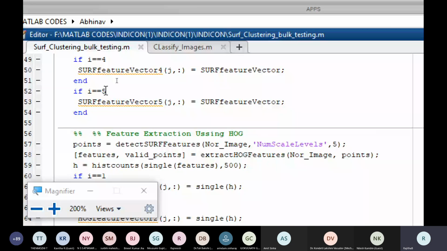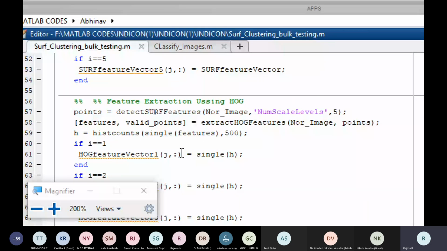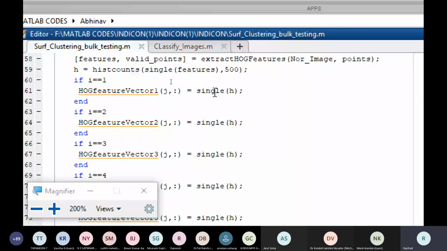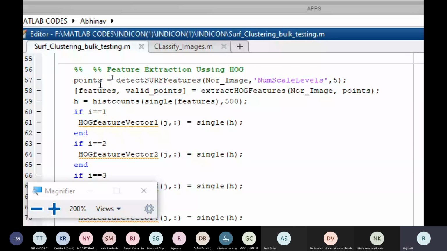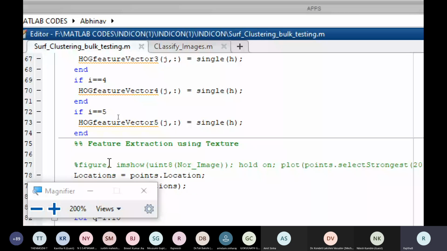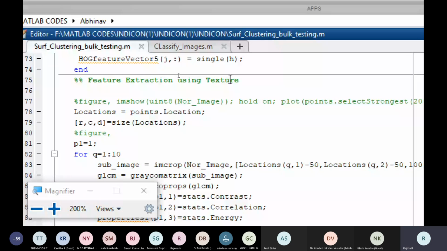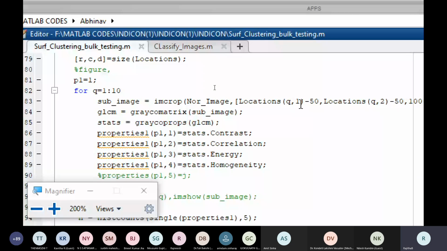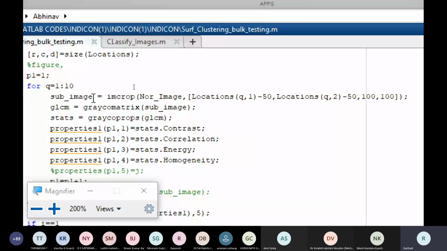Similarly, I repeated the same process with HOG. You can see extract HOG features. I've taken the features, constructed the histogram and stored it according to the category. The same process has been repeated for texture. I cropped the particular blocks, and I've converted each block into a gray level co-occurrence matrix.